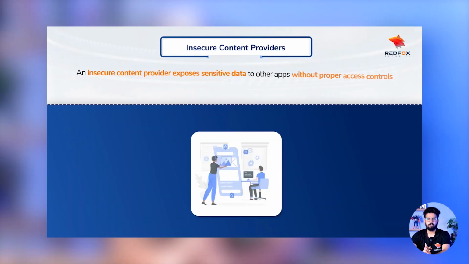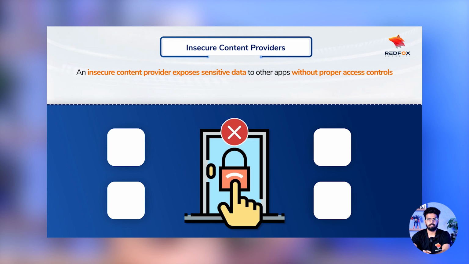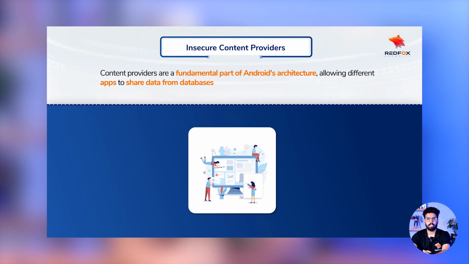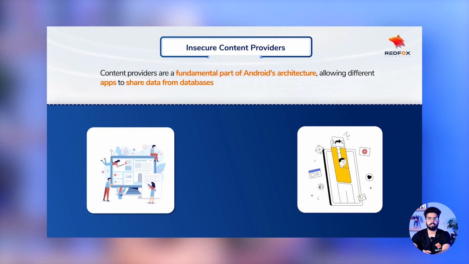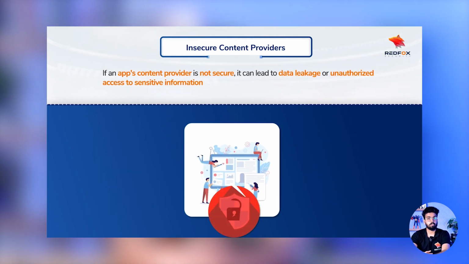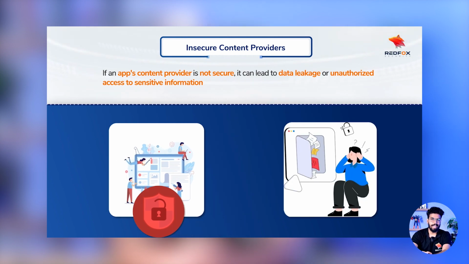Let's now discuss insecure content providers. An insecure content provider exposes sensitive data to other apps without proper access controls. Content providers are a fundamental part of Android's architecture, allowing different apps to share data from databases. However, if an app's content provider is not secure, it can lead to data leakage or unauthorized access to